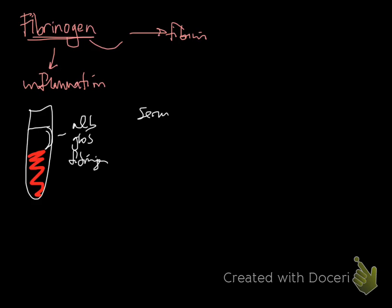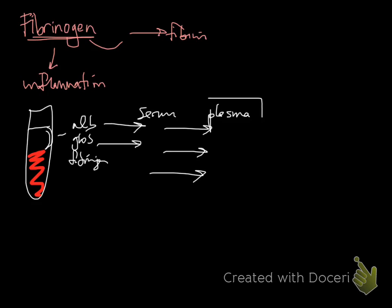So if you have serum and you've had a clot, you're only going to have albumin and globulin. But if you have whole blood, you're going to have albumin, globulin, and fibrinogen in that plasma. So to measure fibrinogen, you need a whole blood sample. That's the first thing to consider. But the other important thing to realize is remember that albumin and globulin can increase when you lose this plasma water volume, and that's true of fibrinogen as well. So increases in fibrinogen